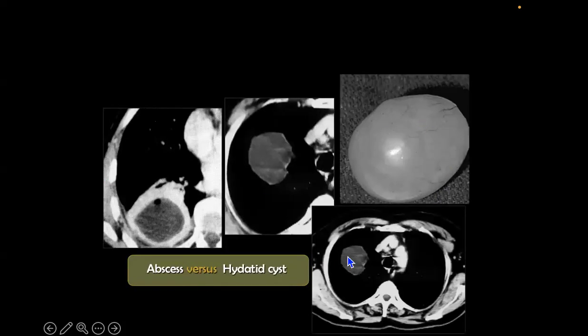And when they did the surgery, it was a hydatid disease. The difference between abscess and hydatid is very clear as well. The abscess has a thick wall. This is CT, of course, alone. But the hydatid cyst has a very thin wall, and here we have a gas bubble, and we have enhancement of the wall. So the difference is very clear. This is a hydatid cyst after surgery. For abscess, antibiotic therapy or percutaneous drainage can do the job.